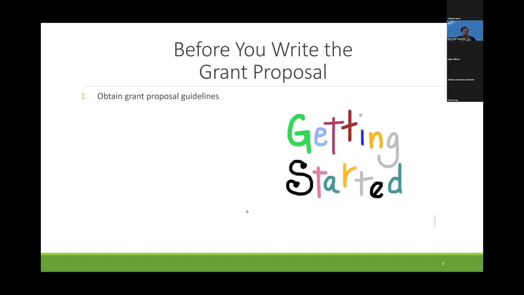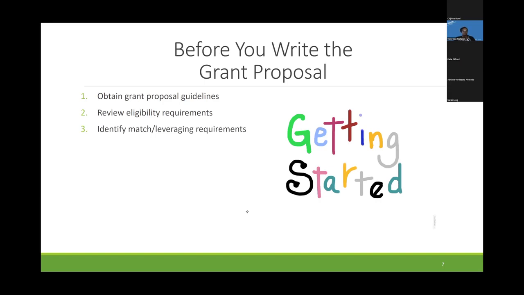So before you write the grant proposal, there are some obvious things you need to do. Get the grant proposal guidelines and the eligibility requirements to make sure that you're suited. Sometimes we play a little bit of Jenga with who's eligible and what the budget looks like. At the University of Delaware, we have a required overhead of more than 60%. Now, some foundations won't honor that, and so we'll have to discuss whether or not the university would accept a lower overhead rate. So that is just one key aspect that can go into the eligibility requirements, and really preferences about who would be a lead on a proposal and who would be a subcontractor.